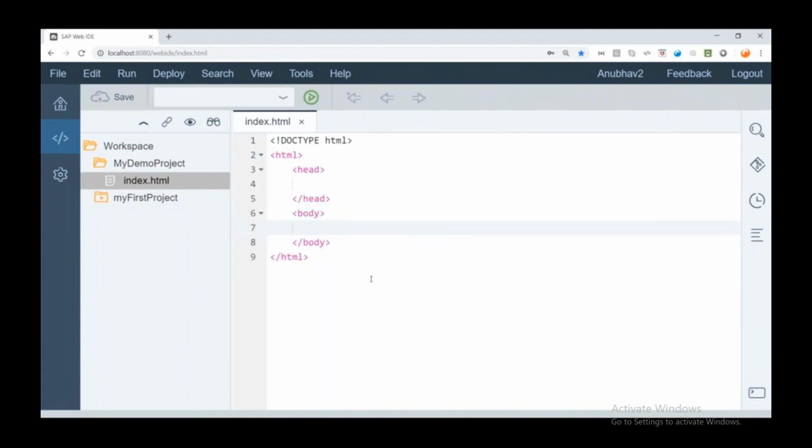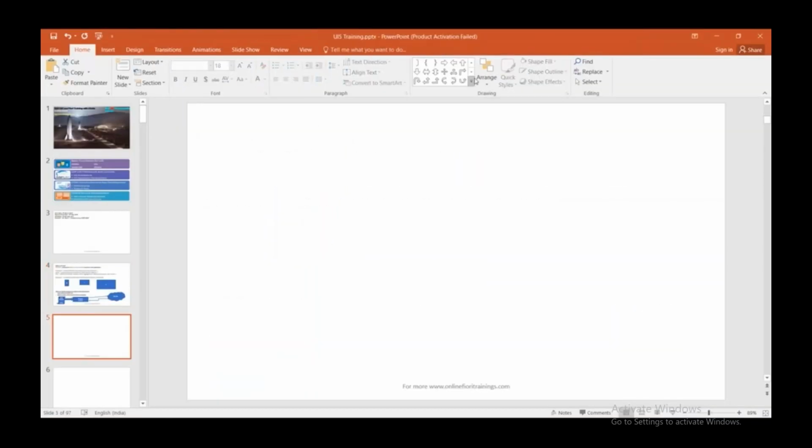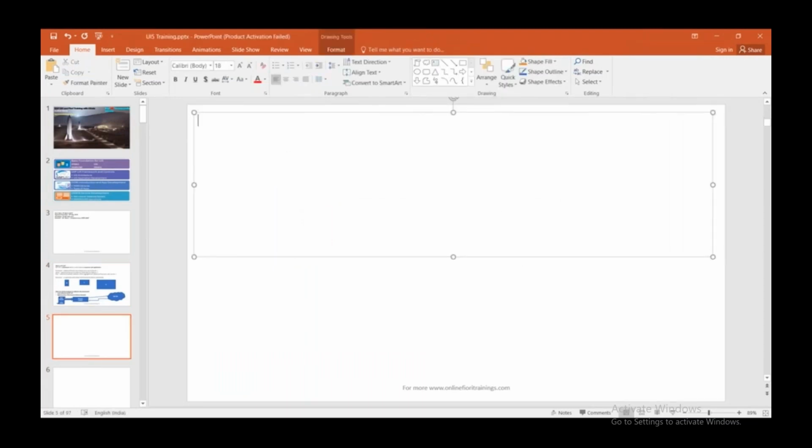Guys, remember the golden rule. Whatever you put in the body of HTML is what people, the end users, can see. Whatever you put in the body, that is the first funda fox of the class, guys. What is funda fox? It's my own invented word from my college days, which indicates something very important. The funda fox here is: whatever you put in the body, users can see